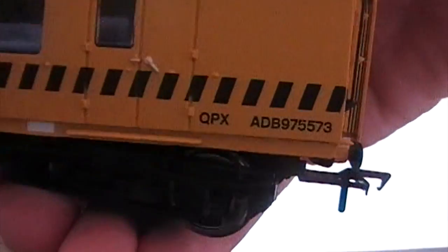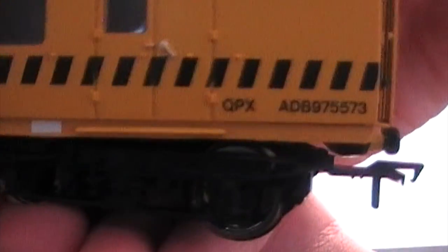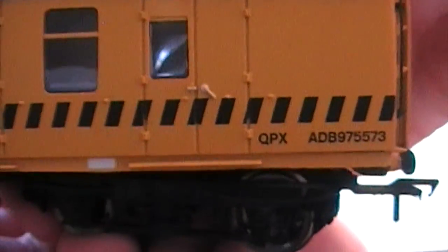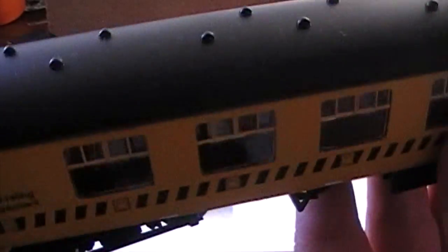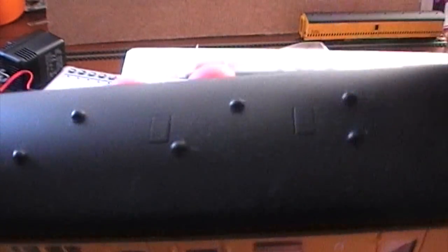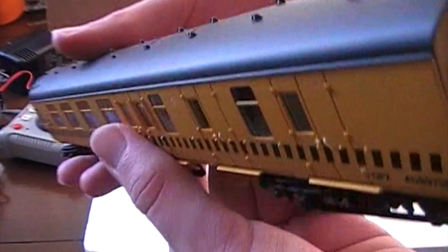Here we go. Got the running numbers, which isn't the standard running number. It's the running number for other uses. So it's not an E12357 sort of thing, or however they're numbered. You can see we've got the roof bubbles again. We've got a bit more detailing on the top this time for the ends. We've got more pipe work and wires all the way along. There's a couple of squares here, which is different. Another pipe down the end. On the ends, we've got...